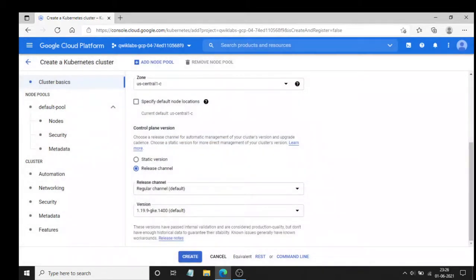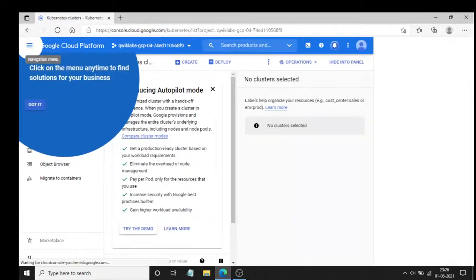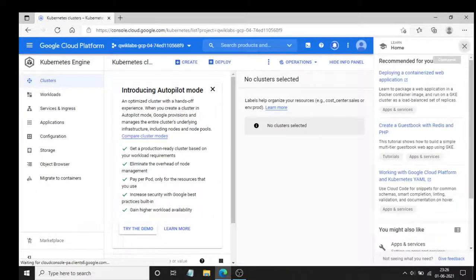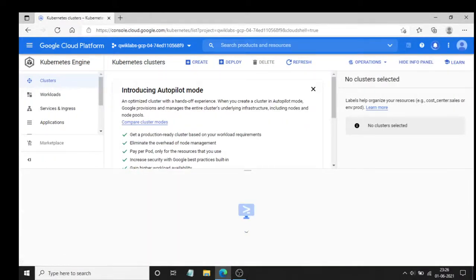So first let's go with the cloud platform console. Click on Create. It will take time. Clusters take a lot of time to create sometimes. Go to Cloud Shell, click on Continue.